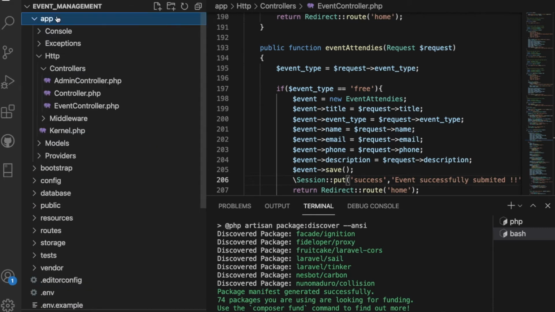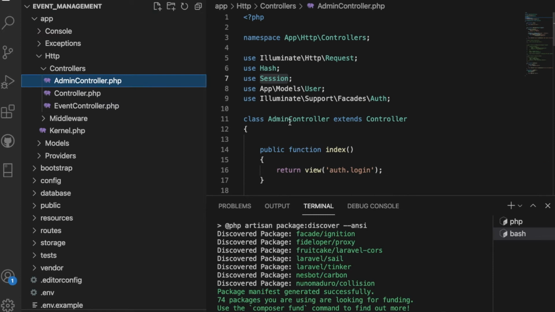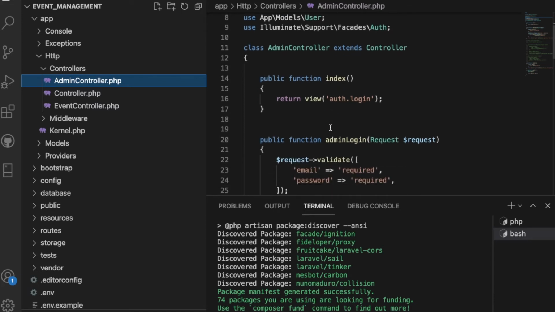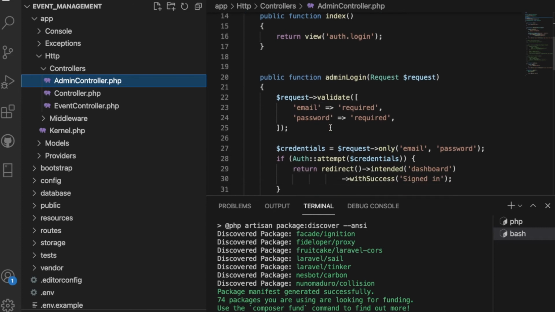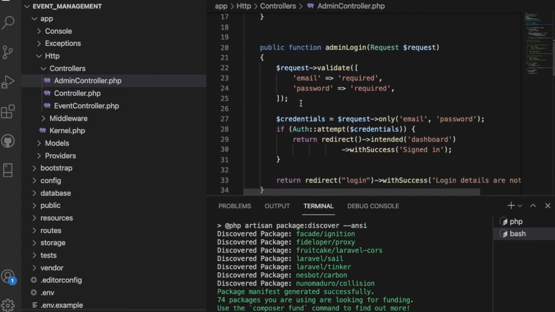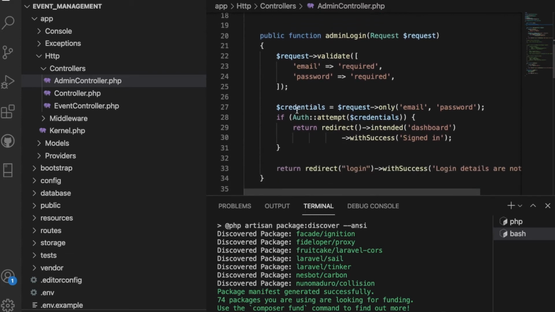First of all, you need to create a controller. We have the admin controller. Inside the admin controller we have implemented normal functions like index and admin. This function loads the view part. Second, we have the validations part. If any user submits the form, we check the validations, whether email is required, password is required, and we also send all the information, storing the email and password.